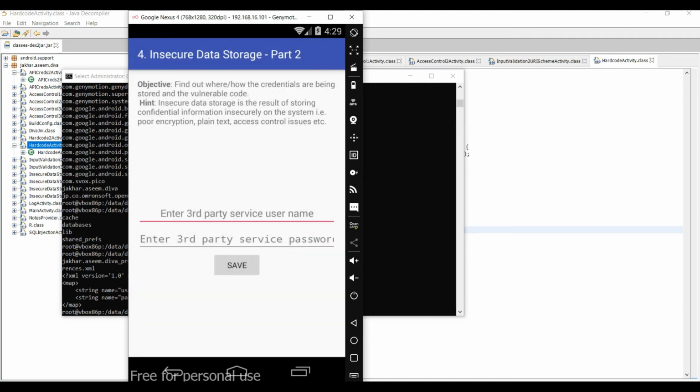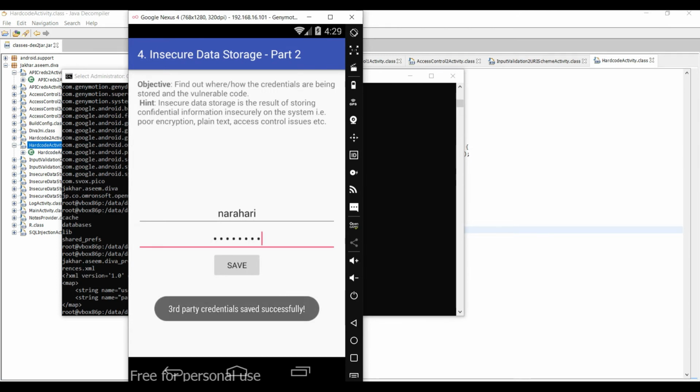The fourth one is to find out where and how the data is stored. Okay, let's do the same thing again. We will give the same input, whatever you wish. Now find out here also the same thing.